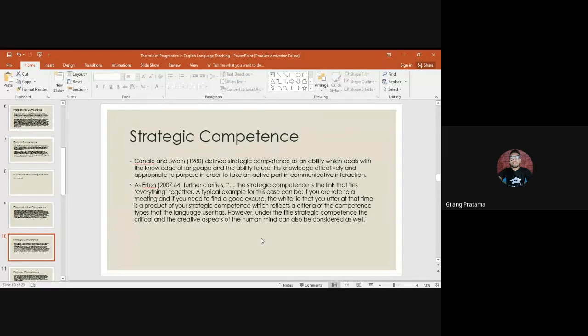A typical example for this case can be if you are late to a meeting and